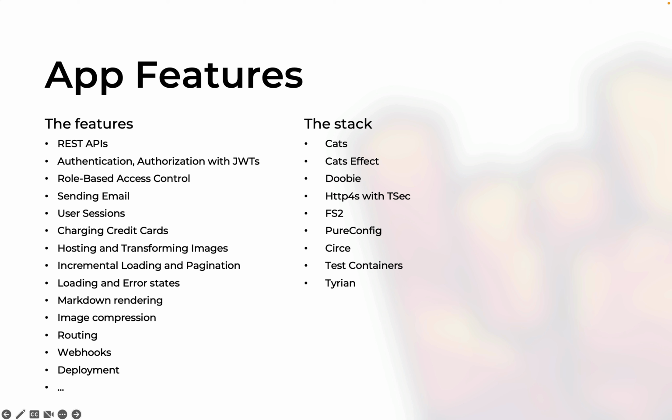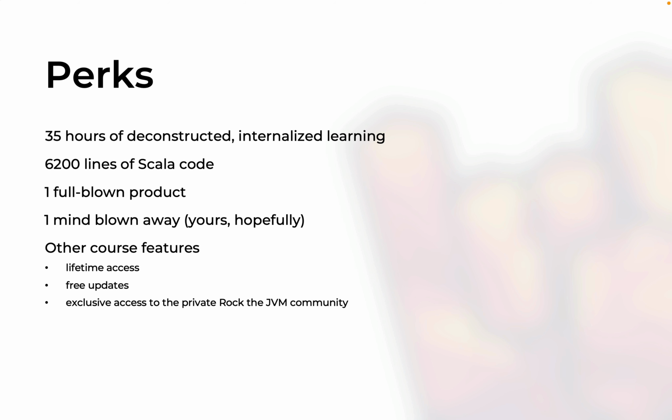This is an amazing little library that will manage our entire single page application on the front end based on Cats Effect. Now, the architecture is going to be tagless final all along the way, and an onion-like architecture on the back end. On the front end, we're going to follow the Tyrian structure, which follows a pattern popularized by the Elm programming language. Now, in terms of the course itself, it's a beast at 35 hours,